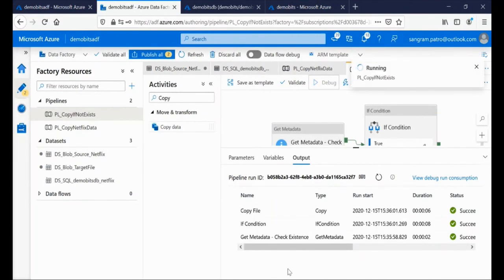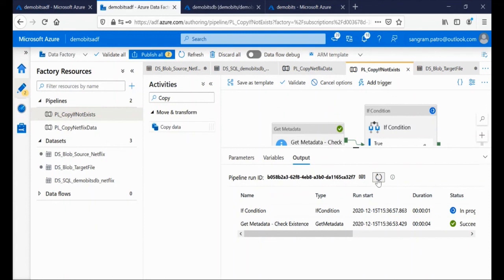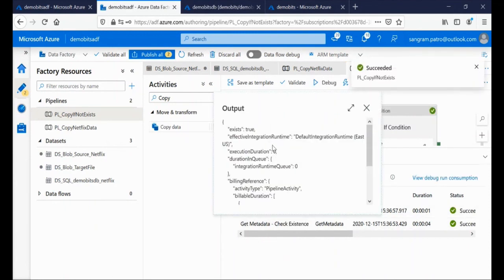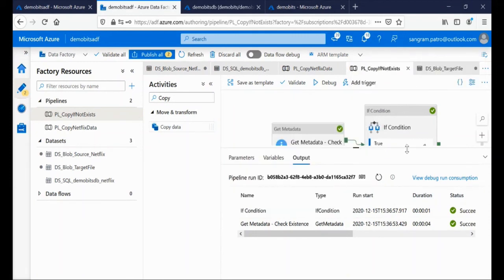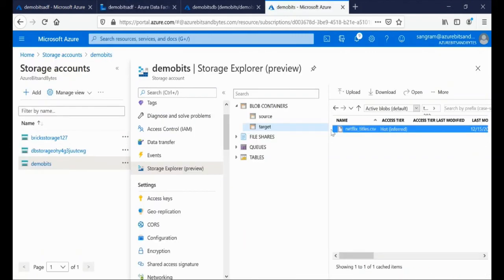Because the file is already present in my target location. And you see the same thing because the exist value will be true, and under true we don't have any activities. So this is how you can handle the date expression by making use of format datetime and UTC now.